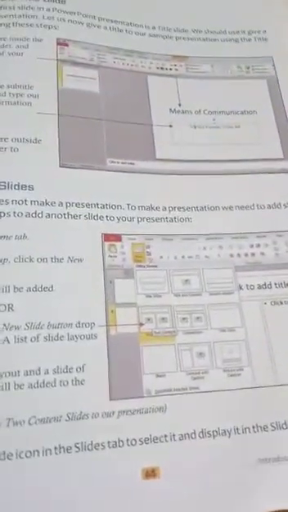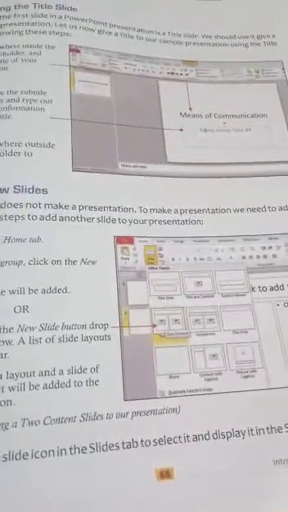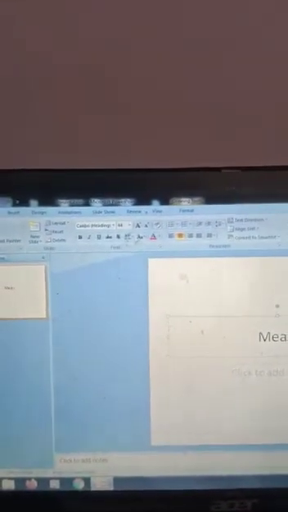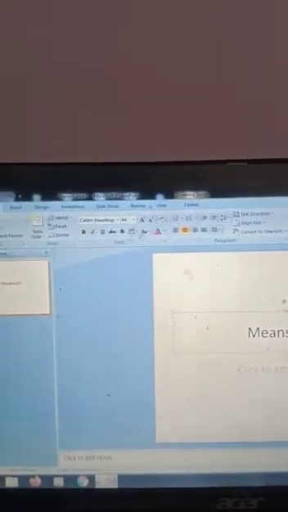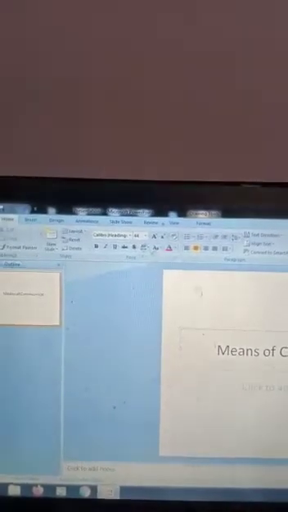So how will you select it? I will show you. That is very easy. This is the developing the title slide. Here you have to type the title: means of communication.